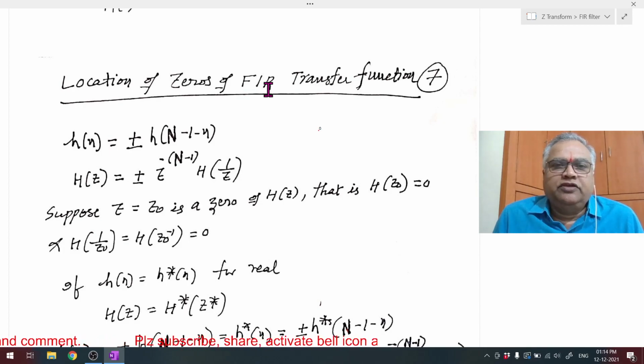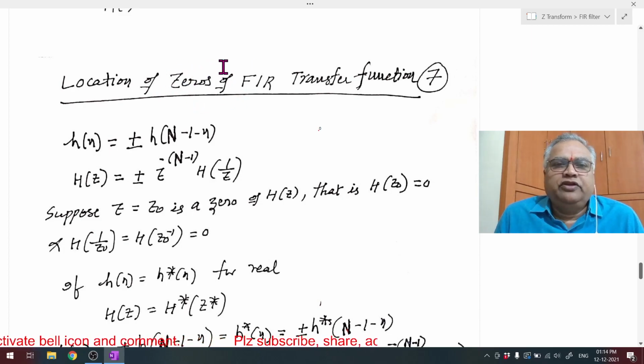If you see the difference equation of FIR filter, present output depends on present input, previous inputs, future inputs. After applying the Z transform, taking the transfer function, we will observe that there will not be any terms in the denominator, we will get only in the numerator. So obviously by solving numerator we will get zeros. So it will give only zeros, no poles. Whereas IIR filter we will get poles and zeros.